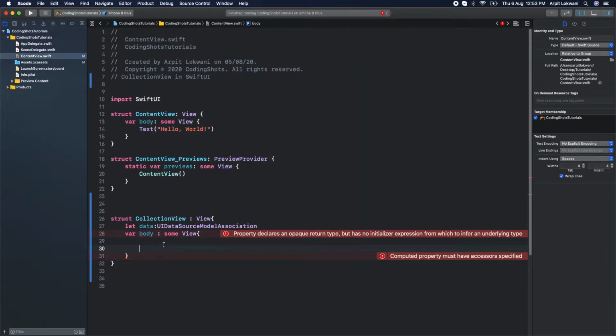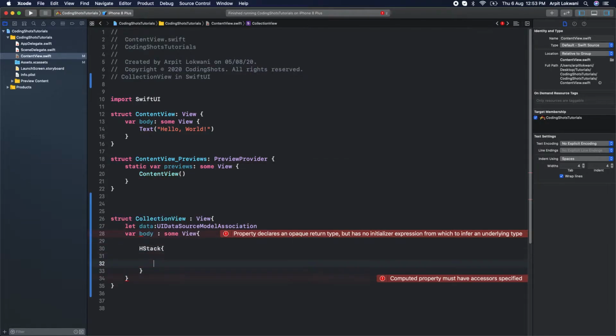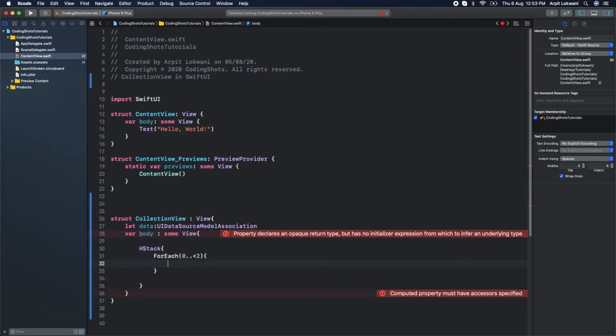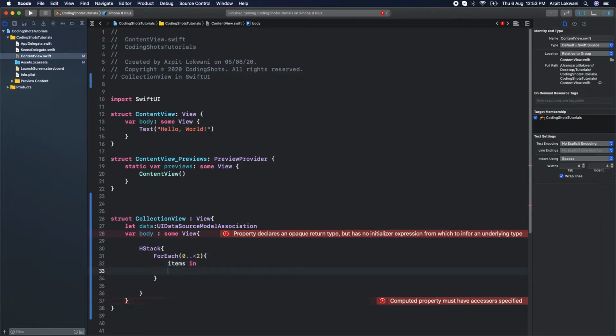So I'm planning to put first an HStack, that should be horizontal, create the loop, say if it is 0 to less than 2, fine. So items in, and yeah, spacing should also be there, spacer.